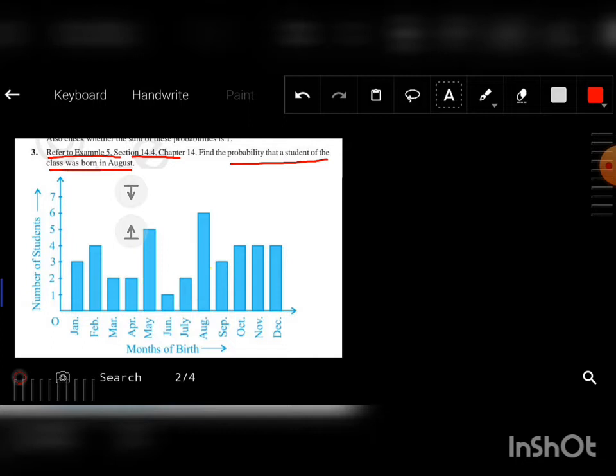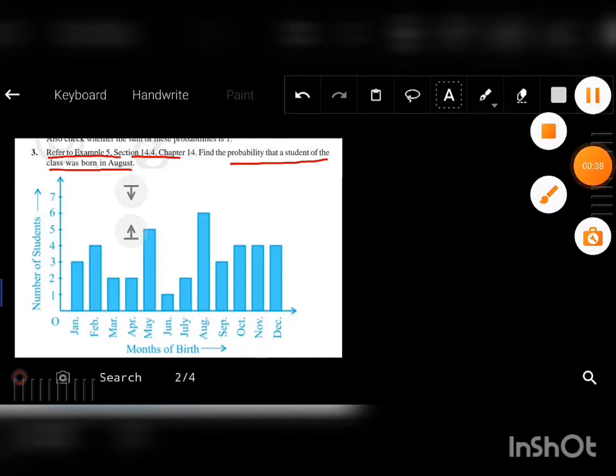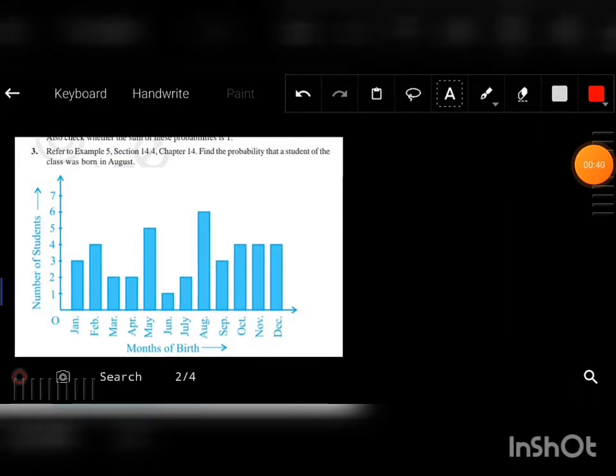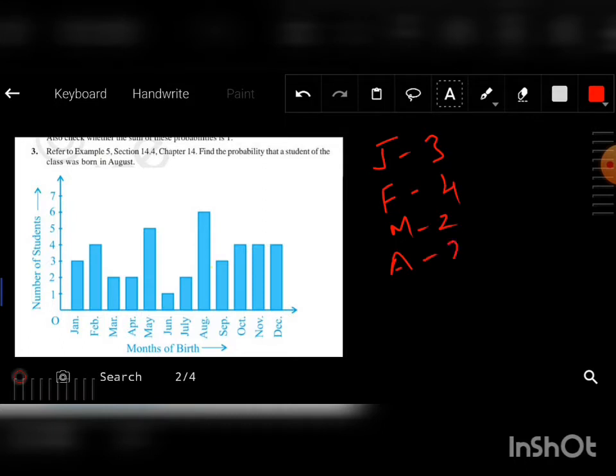So here the table is given. To find the total number of students in that class, first we have to add up all the values given in the bar graph. Now let us see the number of students born in January 3, February 4, March 2, April again 2,